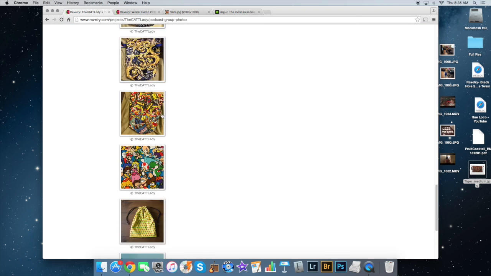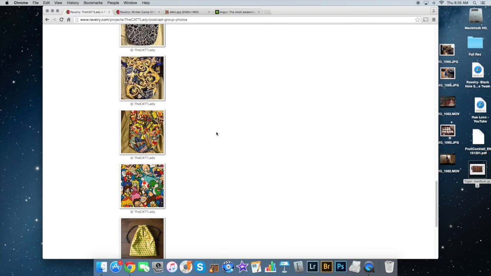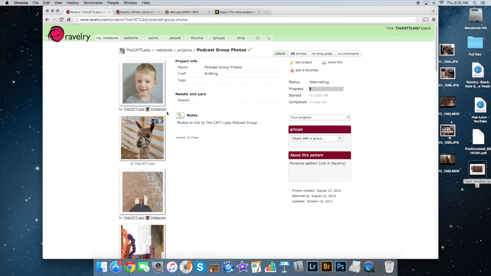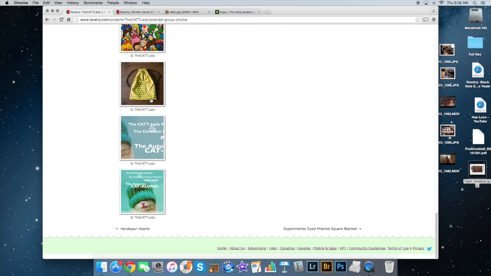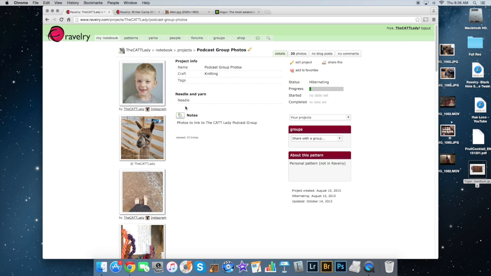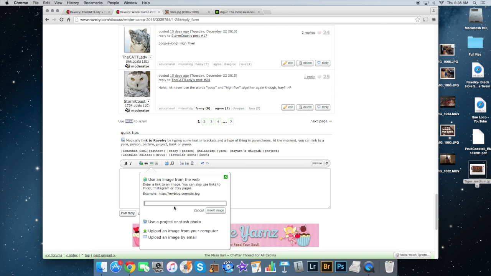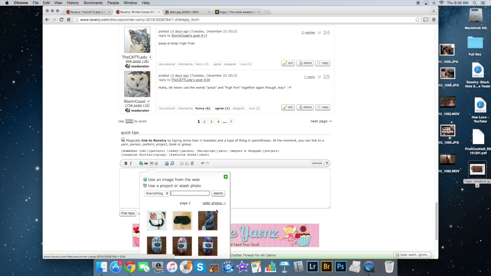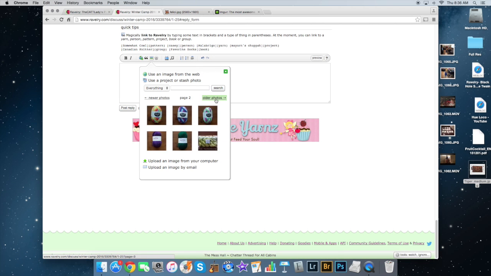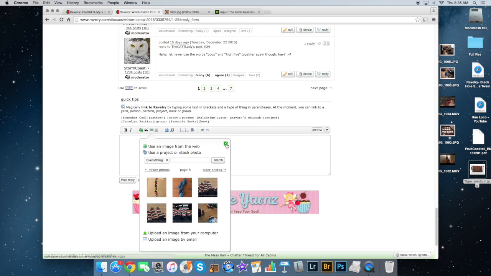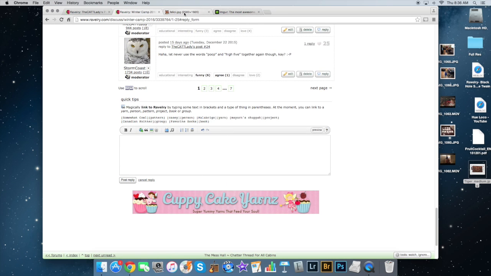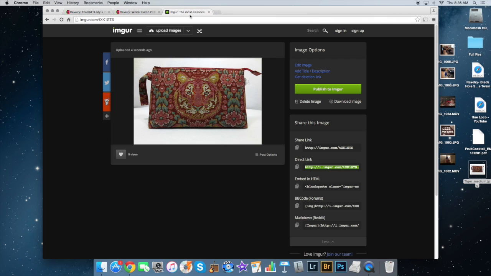So any photos that I've wanted to link in the podcast threads, I've just put in this fake project so that I can just select it from the use a project stash photo. But then I've got to scroll through all these photos. I think it puts the most recent one first, but it's not. I've kind of stopped doing that because it's kind of a pain. So Imgur works,